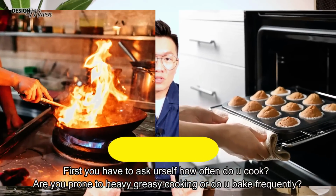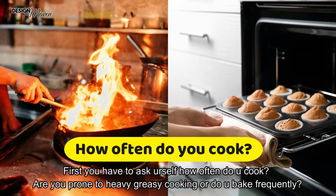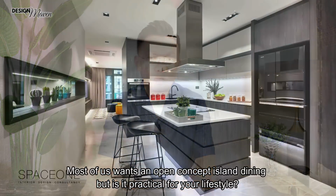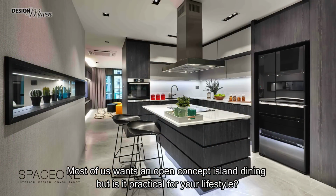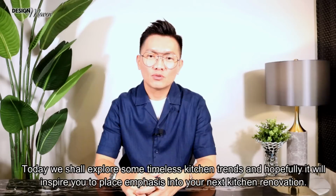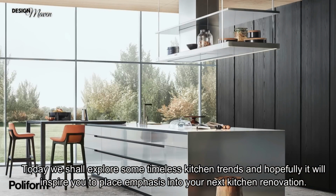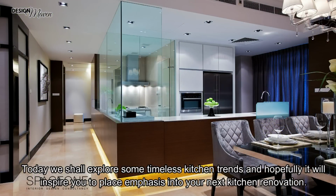First, you have to ask yourself, how often do you cook? Are you prone to heavy greasy cooking or do you bake frequently? Most of us want an open concept island dining, but is it practical for your lifestyle? Today, we shall explore some timeless kitchen trends and hopefully it will inspire you to place emphasis into your next